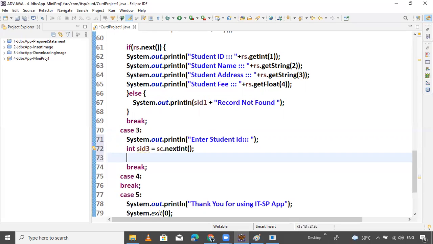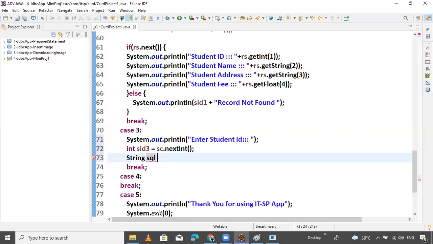Prepare one query, a select query. We already prepared one select query. Prepare one query. What is that? SQL, a string, a separate query. SQL 1 is already there.